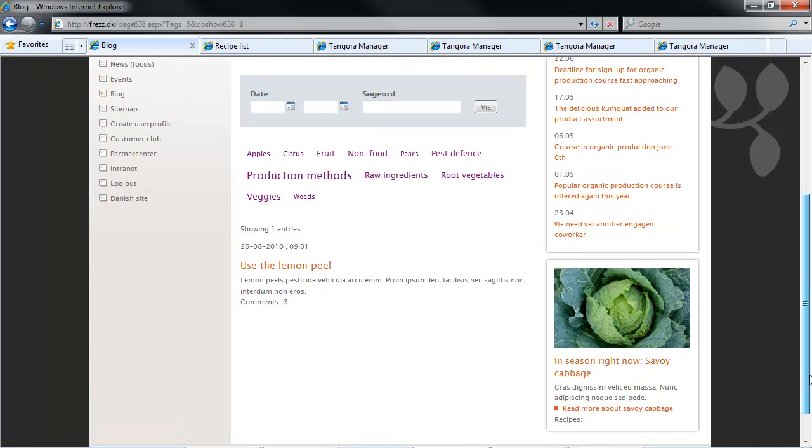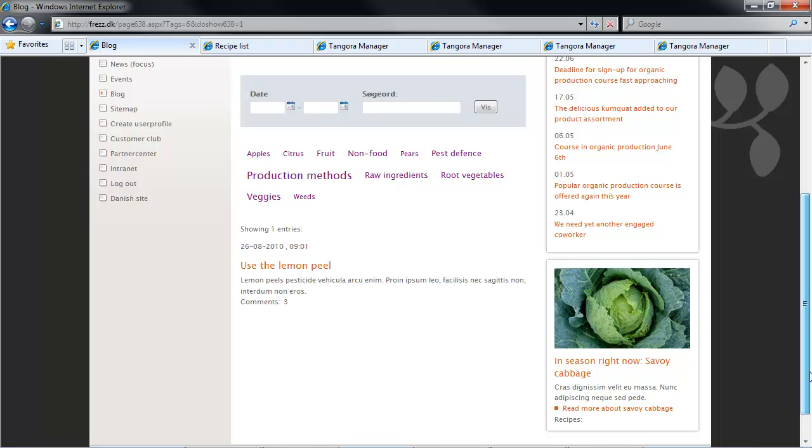So I could have decided to add search criteria, and I could decide how many blog entries can be shown at a time, and I could even have made my entire article and the feedback to the article visible in their entirety in the overview and skip the detailed view altogether. I also have full control over the graphic design thanks to the powerful and easy-to-use point-and-click design tool, Visual Designer.